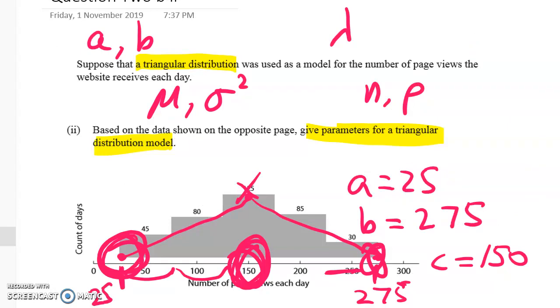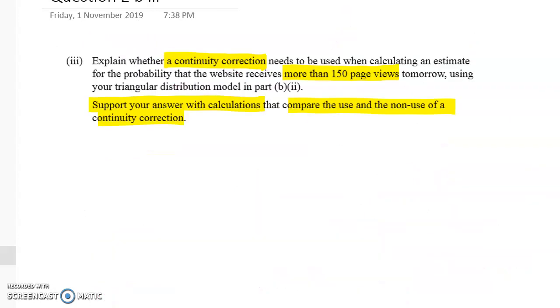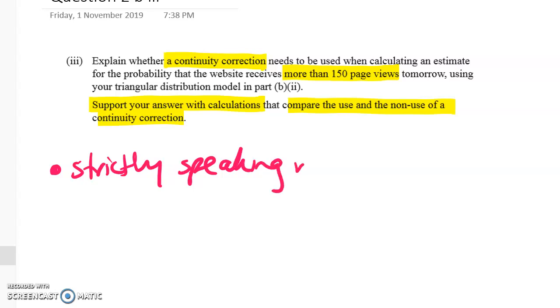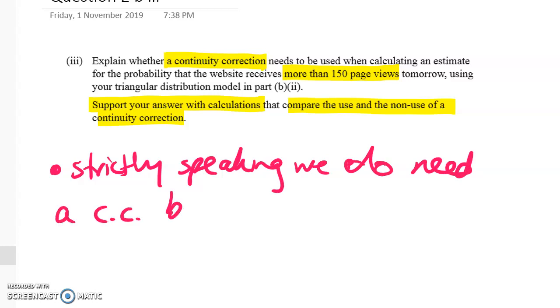Now we're going to move on to B part 3. And here we have to explain whether we need to use a continuity correction. So I think the way that I would have said this is that, strictly speaking, we do need to use a CC, right? And the reason for that, we do need a CC because